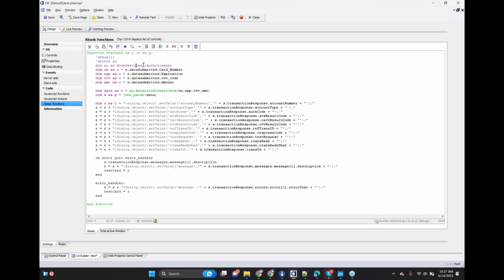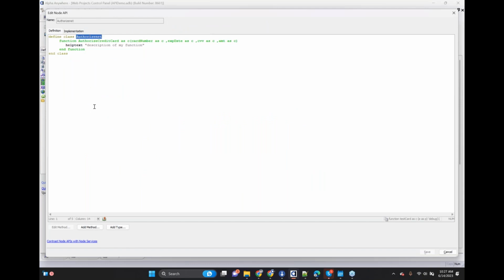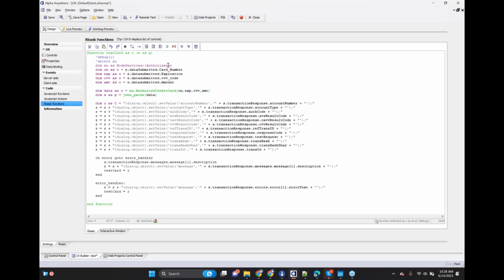So here's everything that's going on. This is the main piece right here. This is where authorized net is being called, and it's going to expect all these values to be passed in when it calls. So let's come back to here. So I'm calling authorized net. Right here, I'm getting the data that's being passed in from the UI. So here's the e data submitted. I know there's going to be a credit card number that's filled in, expiration, the CVV code, and the amount. I'm going to then, from this variable that I created here of the authorized net, pass in all this information. So there's that function